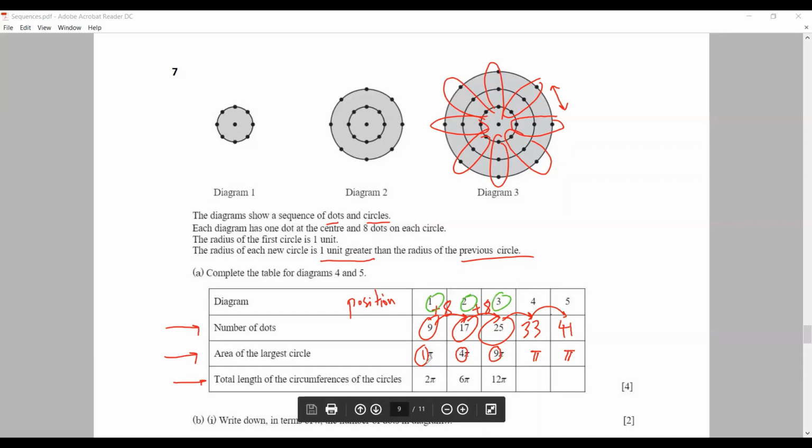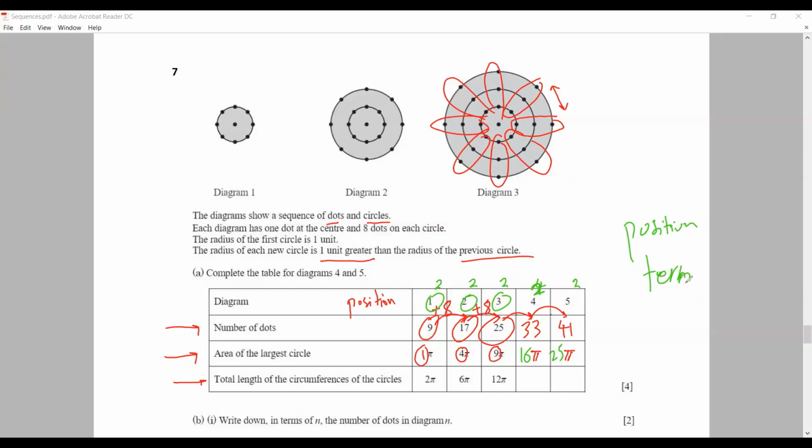From the positions. The coefficient of the first term is 1 raised to the power of 2. Then 2 raised to the power of 2 gives you the coefficient of the second circle. Then 3 raised to the power of 2 gives you 9, right? And 4 to the power of 2 is 16, 5 to the power of 2 is 25. So you have to find a relation between position and term, okay? That is very important. I'm going to use the same technique for the next sequence, the total length of the circumference of the